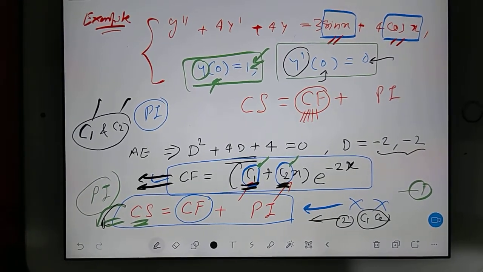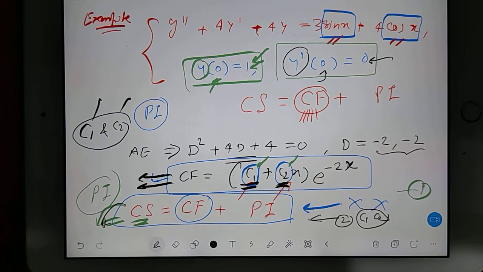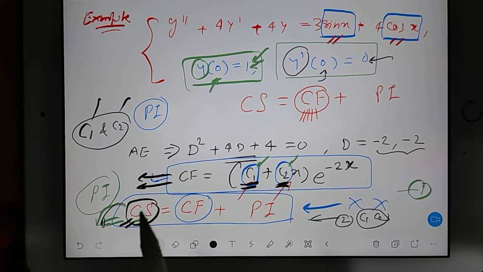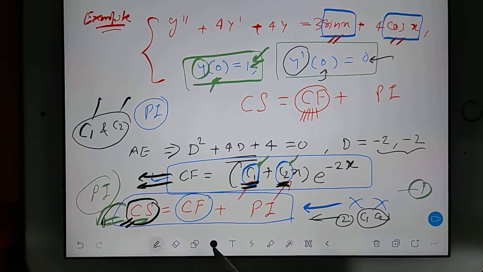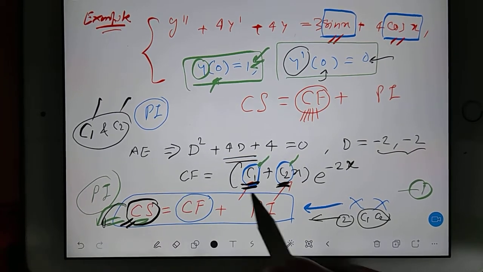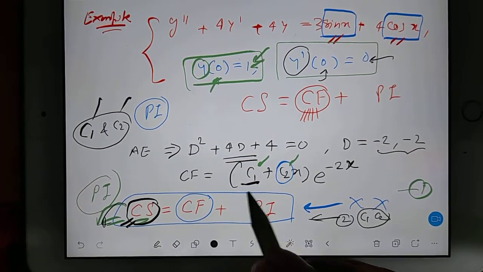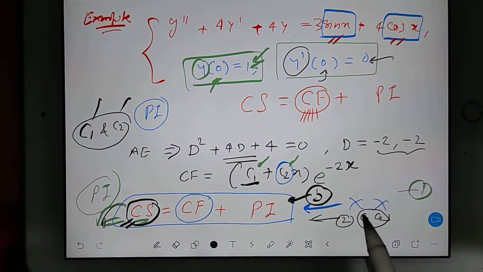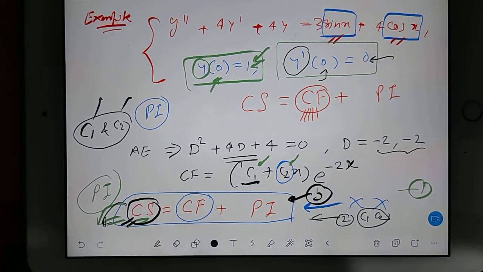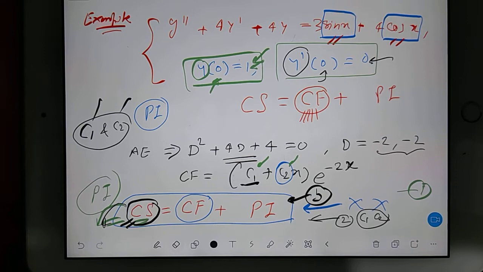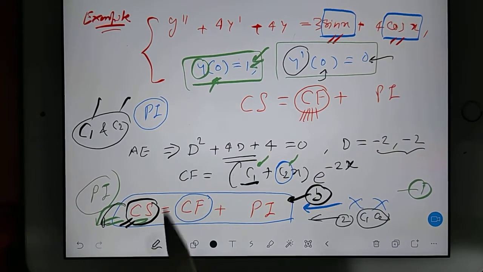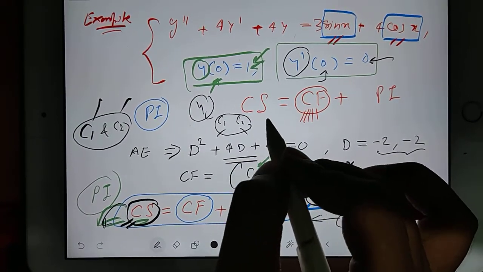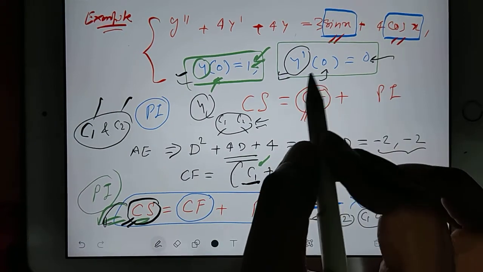Yes, Vedant, ask it out. No, complete solution. You have to differentiate the complete solution. Did I say complementary function? That was my mistake. We have to differentiate the main answer, because the main answer is the value of y. Now see guys, when you get your main answer, the main answer is your y value. That is your main solution, but that solution contains C1 and C2. So to replace C1 and C2 with their original values, we have to use these two methods.